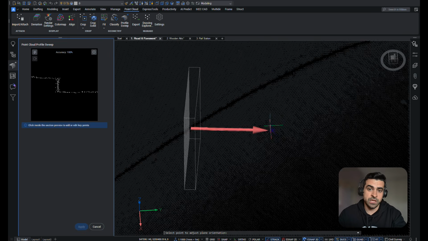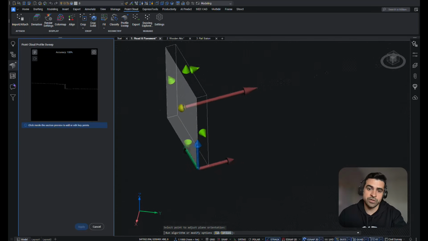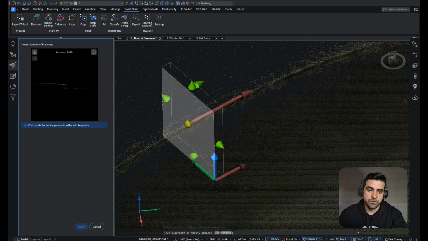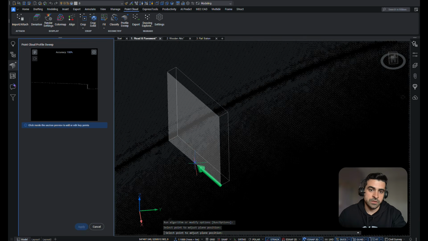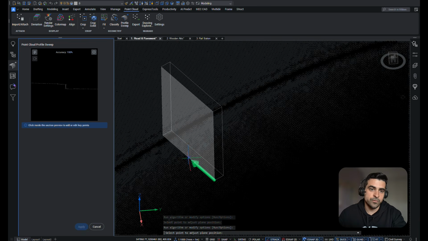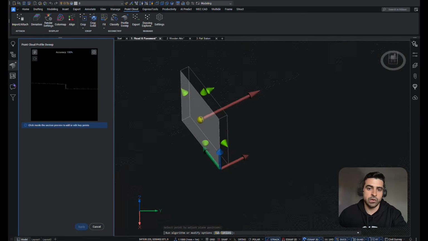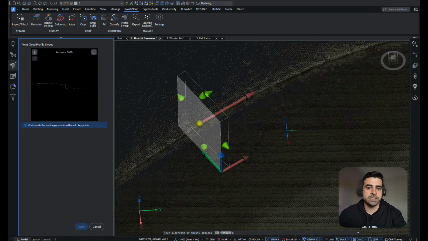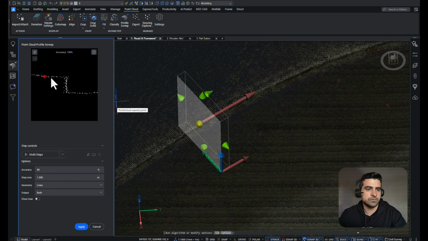We can change the direction of this tool, but we highly recommend being as accurate as possible with the direction. And of course, we can always use the direction arrows to move the sectioning entity along a certain local axis. Now, about the next step, all we need to do is go inside this preview box and click on it once, twice, thrice, and so on.